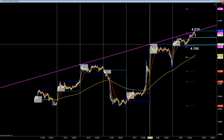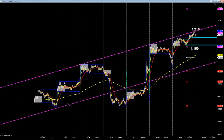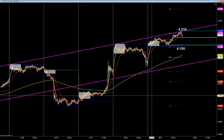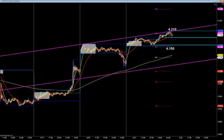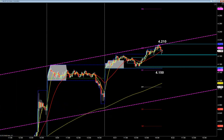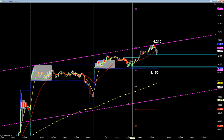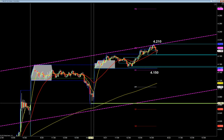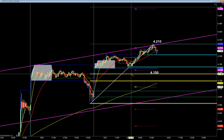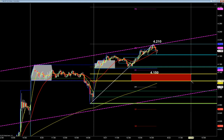High yesterday, 4.21 even. Low, 4.15 even. Close and settle at 4.1930. We have a net change of 4 cents higher yesterday, a range of about 6 cents. Daily pivot today, 4.1840, which we're just trading below right now. We just started to trade below. So again, watch that daily pivot. If we open below it, we'll get down to the bottom of the range at 4.15. Implied volatility sits at 30%. The vol index is